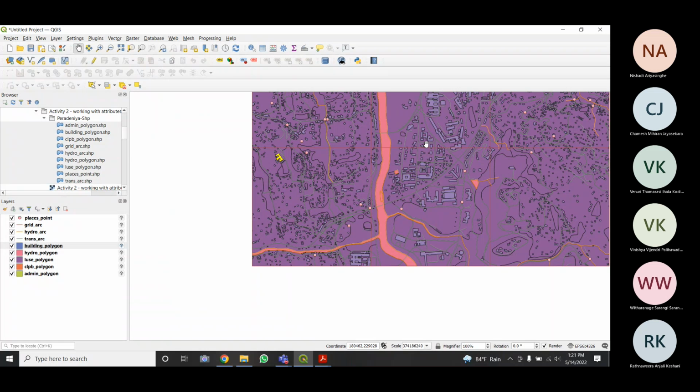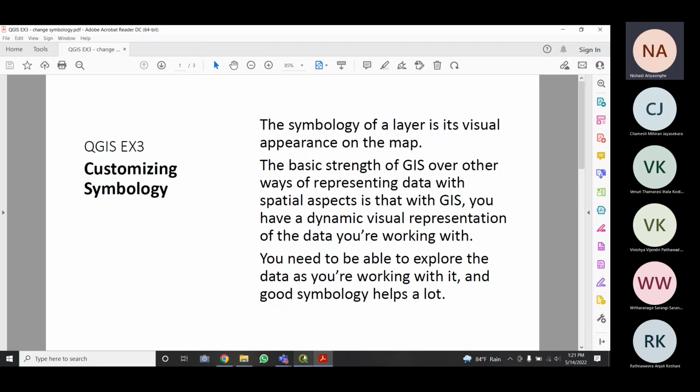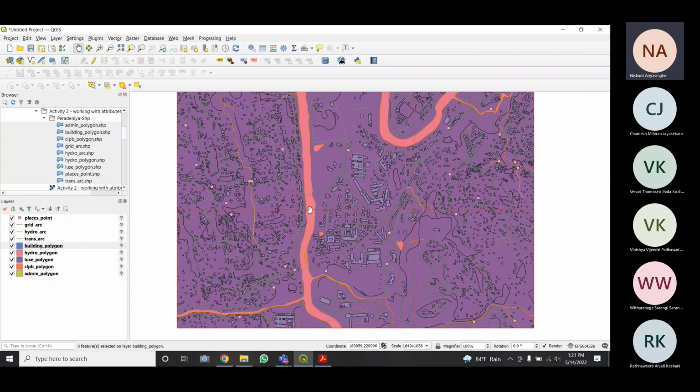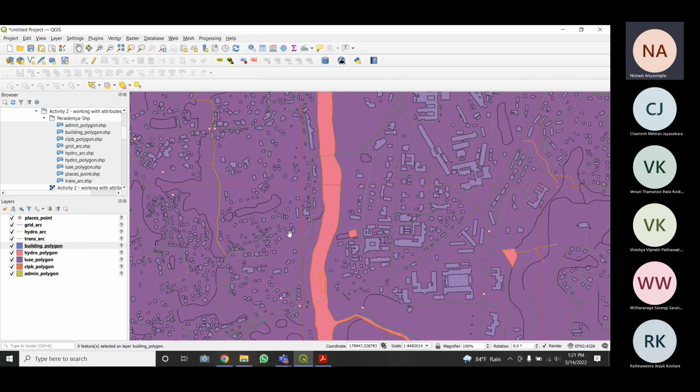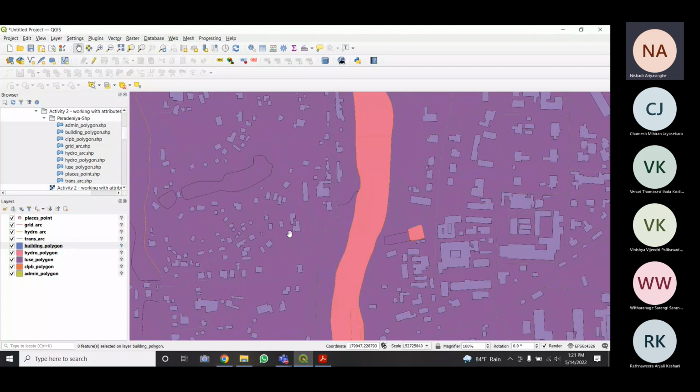So that was the activity shown on the last day. So I'm going to deselect it. And today we are talking about changing symbology. So symbology means the colors, the visual way, how you can visualize your map. That is called symbology. The symbols which are being used, the colors which are being used, the lines, the width, the weight of the lines, all those things